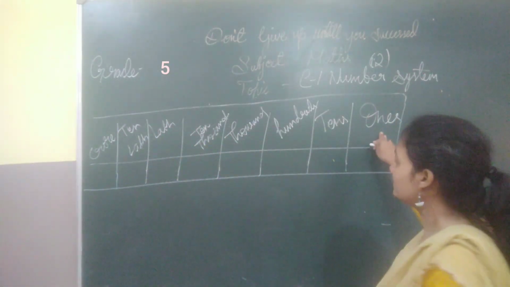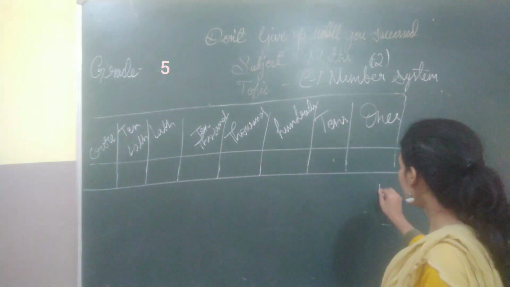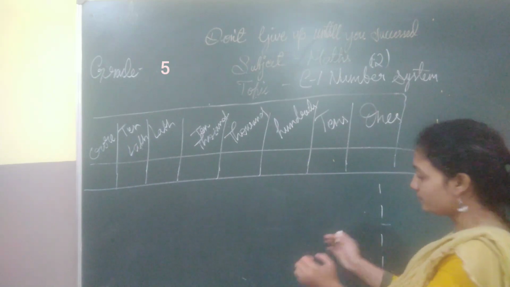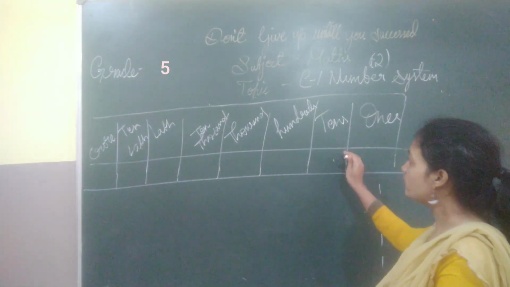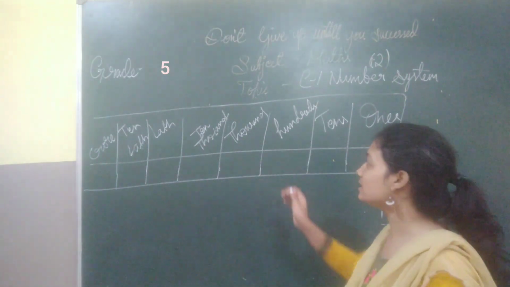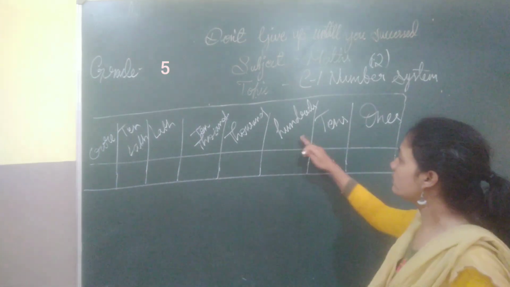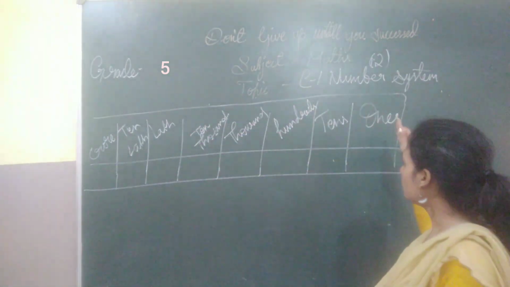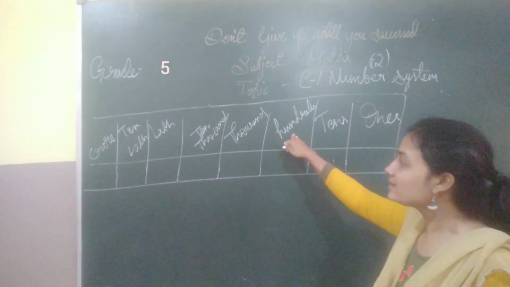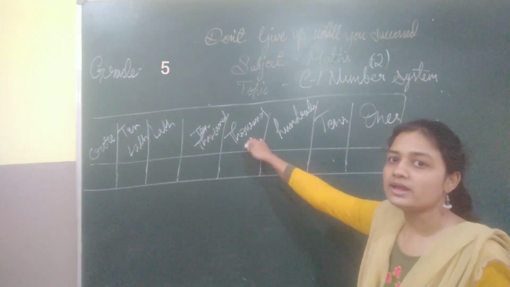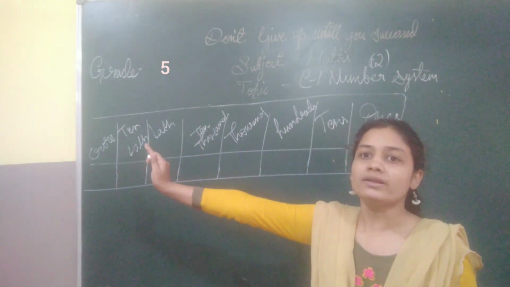Okay? So 1. And when you group 10 ones together, it becomes 10. Same thing, if you group 10 tens together, it becomes 100. All these things you know. So this all will be multiples of 10. 1 into 10 becomes 10. 10 into 10 becomes 100. 100 into 10 becomes 1000. 1000 into 10 becomes 10,000. So all these are multiples of 10.